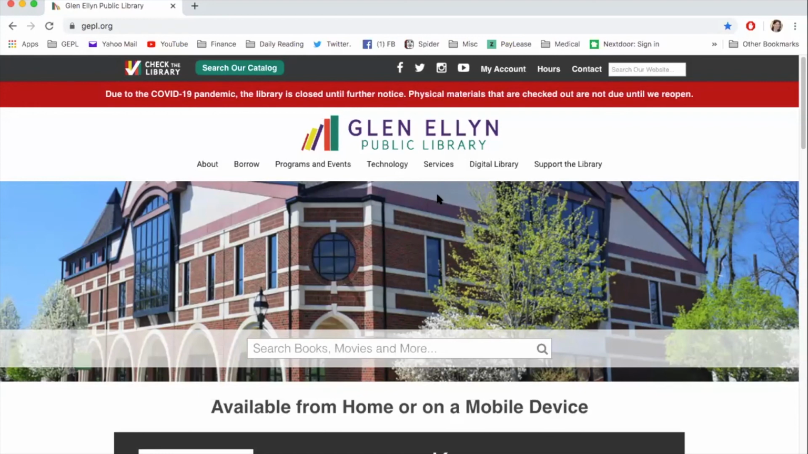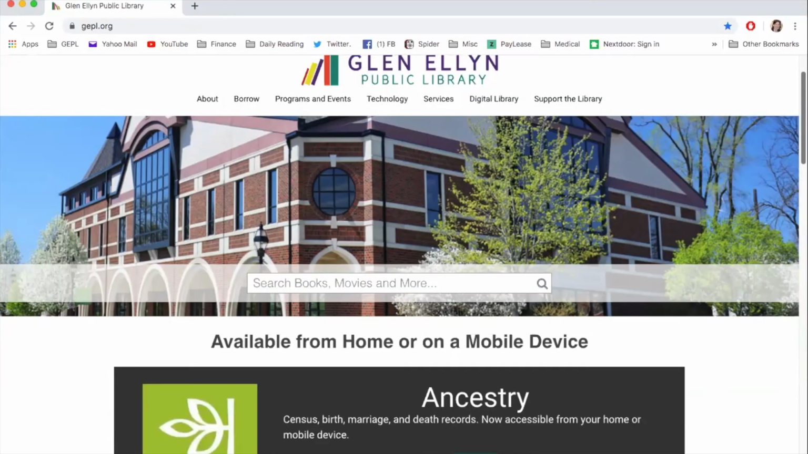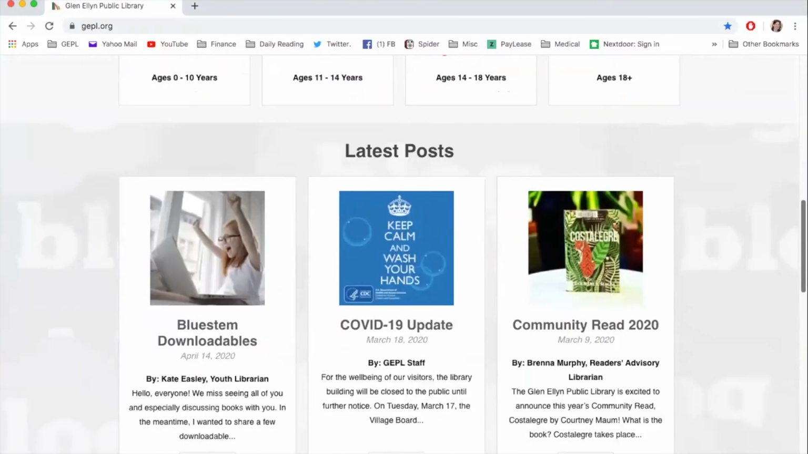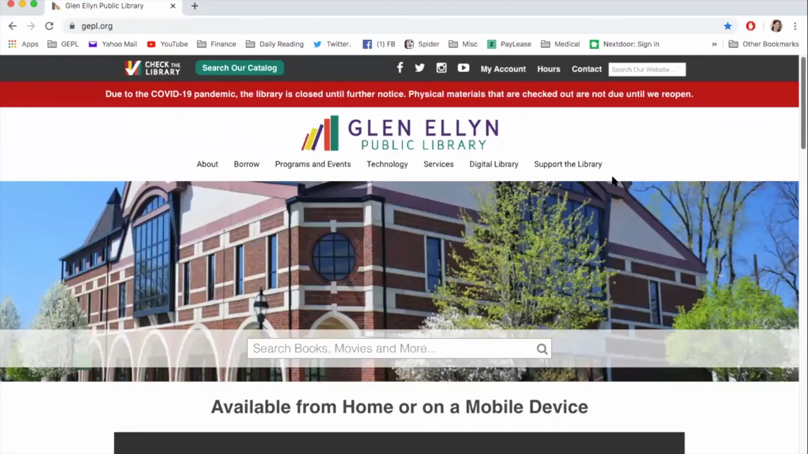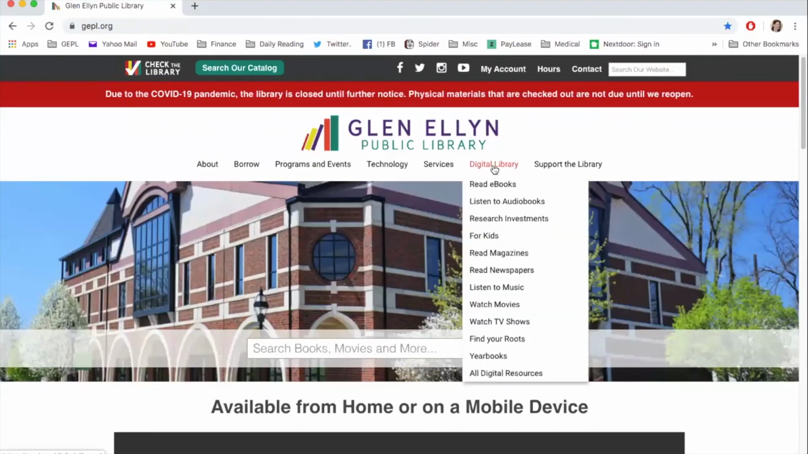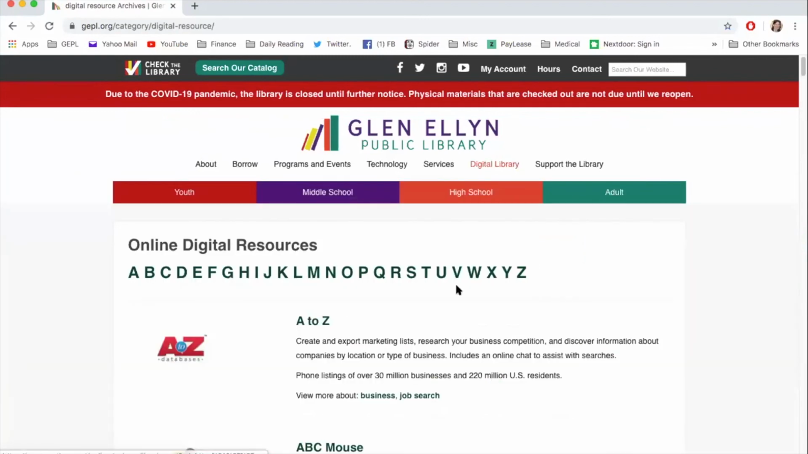Okay, good. So what I want to show you is if you come into the library's website, as long as you have a Glen Ellyn library card, and if you don't have a library card, but you live in the 60137 area, you can get one digitally while the library is closed. You can find information on the library's website on how to do that. But if you come here to the library's website, you go to Digital Library. Go all the way down to the bottom, all digital resources. Click on it. It's going to take you to an alphabetical list of all the databases we have at the library. The one I want to show you is L for